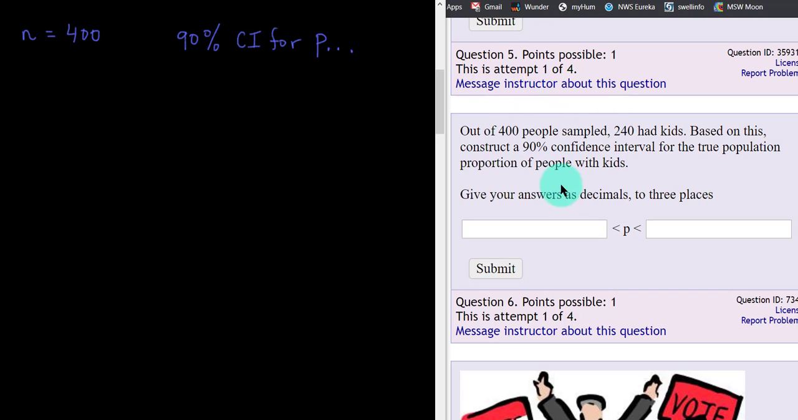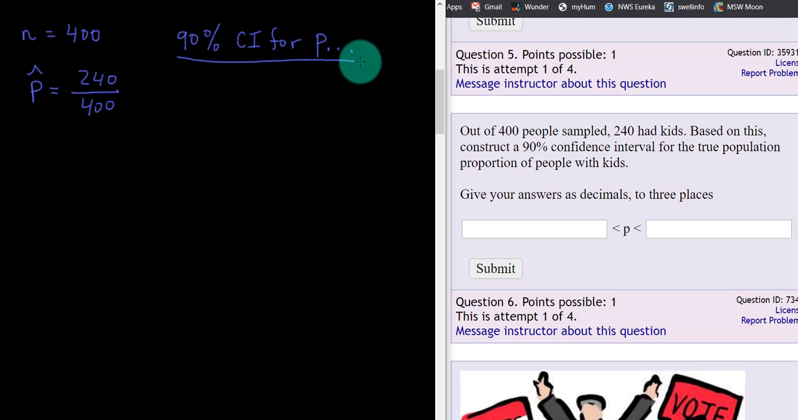Okay, so we were told some information about the sample, the proportion of people in the sample with children. The symbol for that is p hat. There was 400 individuals in the sample, and out of those 400, 240 had children. So we know the proportion in the sample with children, but when we create a confidence interval,